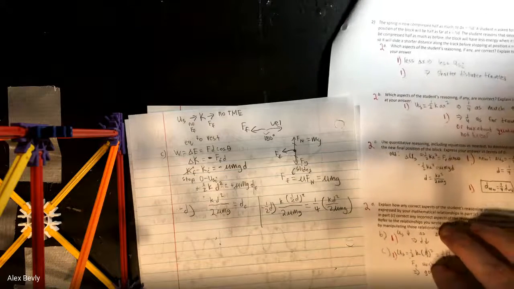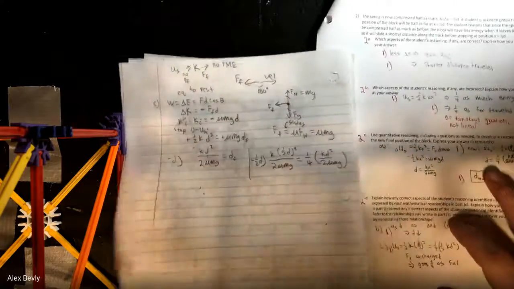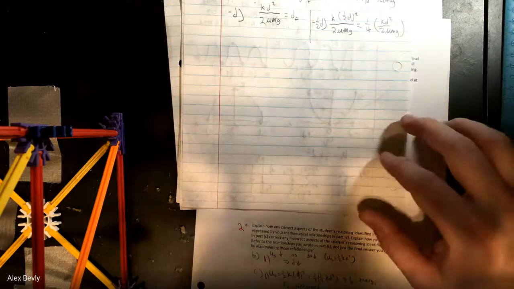And then finally, D just wants us to correct the reasoning. So explain how the correct aspects of the reasoning are expressed in the mathematical relationships. So anytime they ask you to do something like that, you should rewrite what you wrote or say as in that part. So the correct part was part